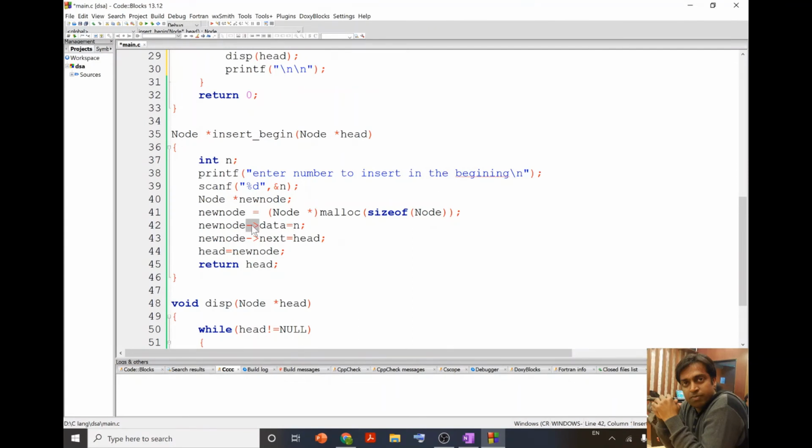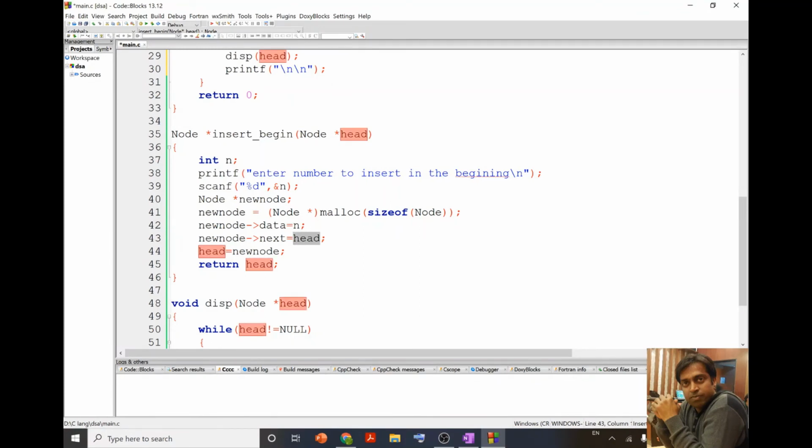New node arrow data means we are talking about the data of the new node. At that location we put the value of n, so whatever value the user has entered we assign to the data of the new node. And similarly, in the next of the new node, we are going to store the value of head.